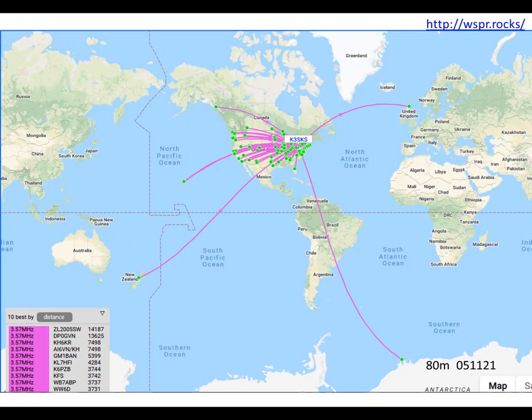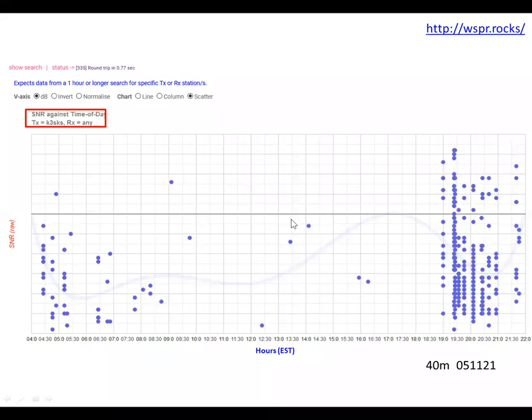Based on that graph we just looked at, most of these long distance signals were picked up during the evening and the morning. And then most of the signals are pretty close during the day, inside here. So they give you a lot of raw data. You can do a lot of different graphs and plots and that kind of thing. And then this is looking at 40 meters, similar,